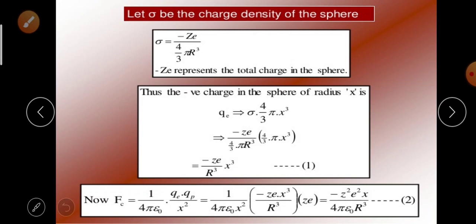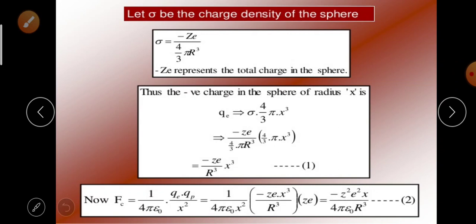Sigma (4/3)πx³ minus Ze/((4/3)πr³) into (4/3)πx³. Then 4/3 and 4/3 are cancelled and π are cancelled. Now the remaining is equal to minus Ze/r³ into x. This is equation 1. Now Fc is equal to 1/(4πε₀) into QE QP by x²